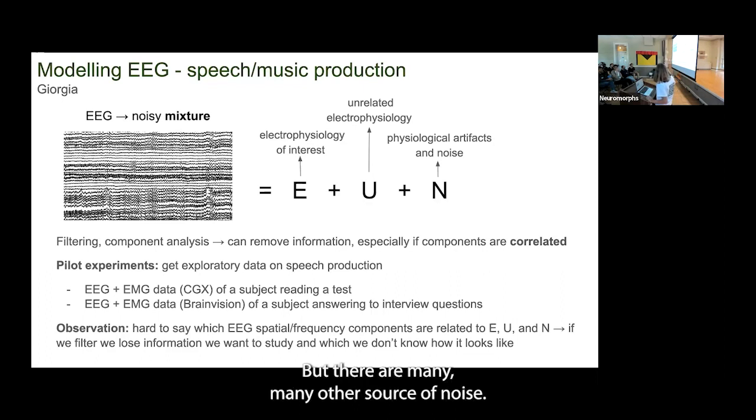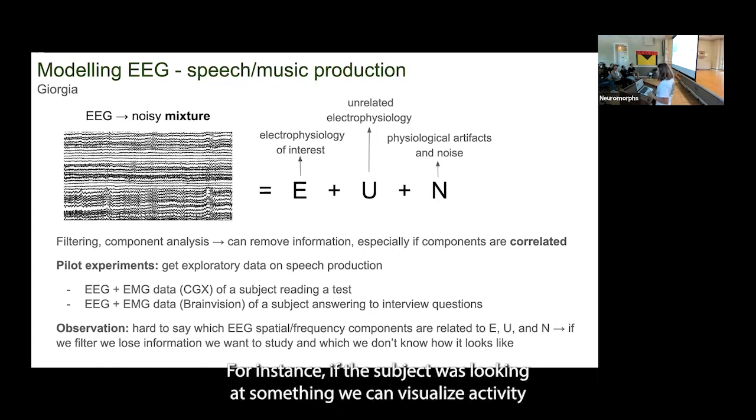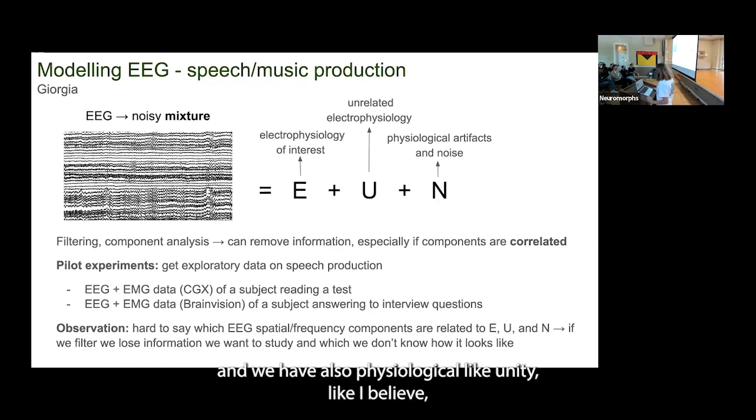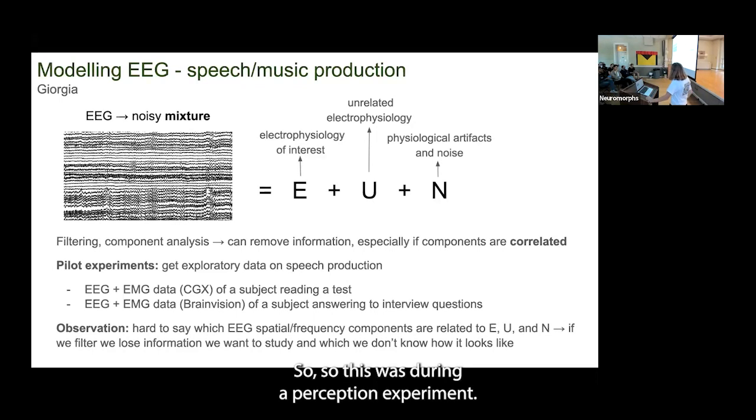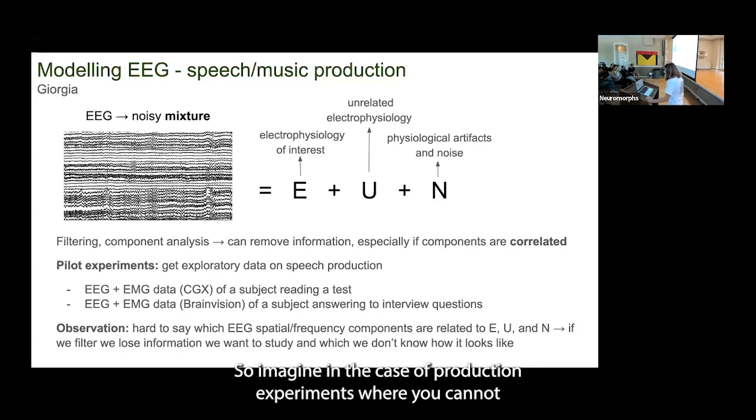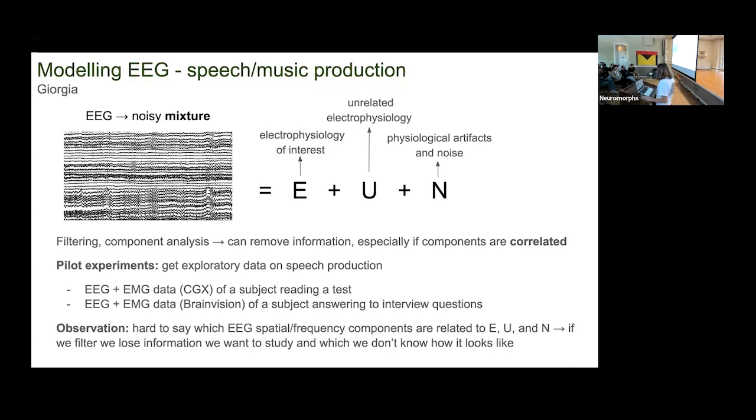But there are many other sources of noise. So there is unrelated physiology; for instance, if the subject was looking at something, we can have visual activity, and we also have physiological artifacts like EMG, eye blinks, muscle activity, and noise, which can be anything, like electrical noise in the room. So this was during a perception experiment. Imagine the case of production experiments, where you cannot have such a controlled setting. And when I think about how to denoise this type of signal,